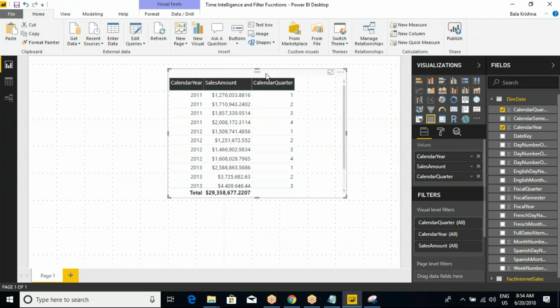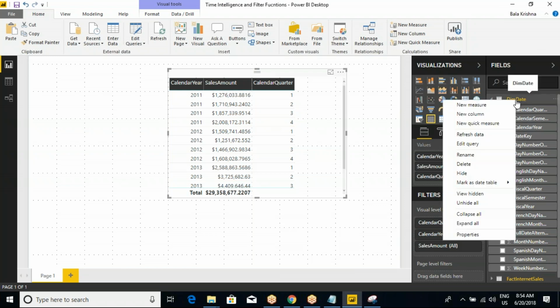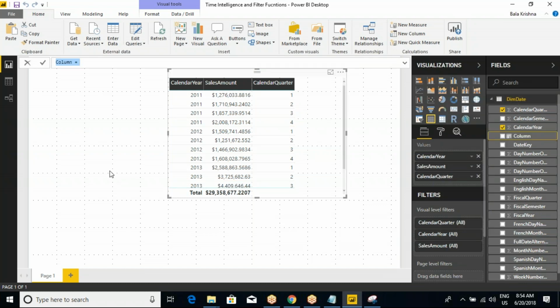One thing is very clear, we are going to add a new column. Yes or no? So add it. Go to the dim date, new measure or new column. New measure we don't need, because I want to add text columns here. Make it a new column. So for example, calendar, quarter underscore new equal to,